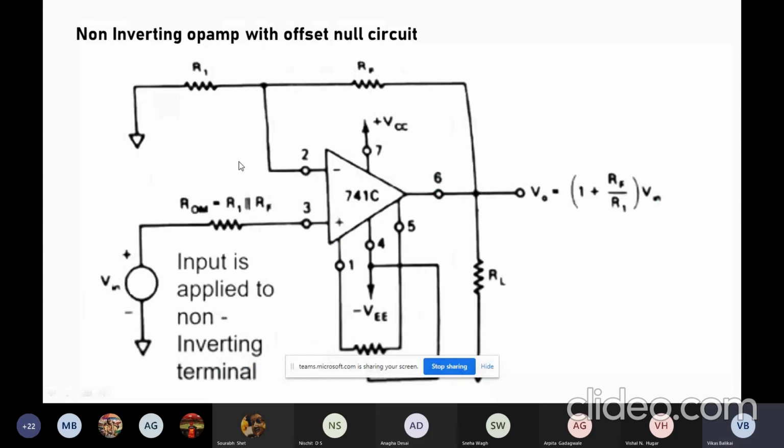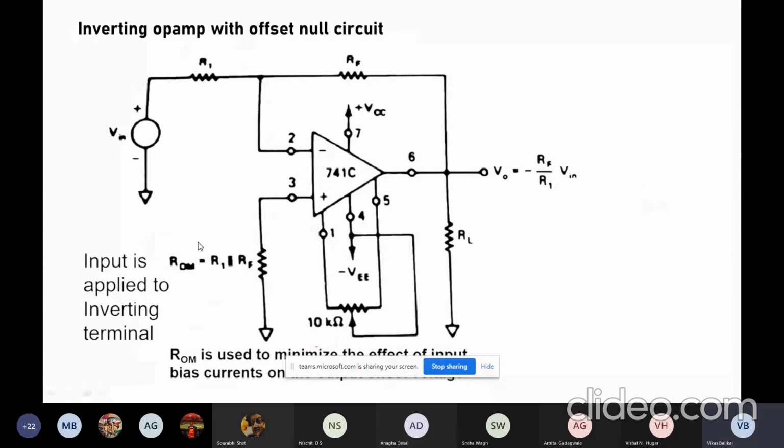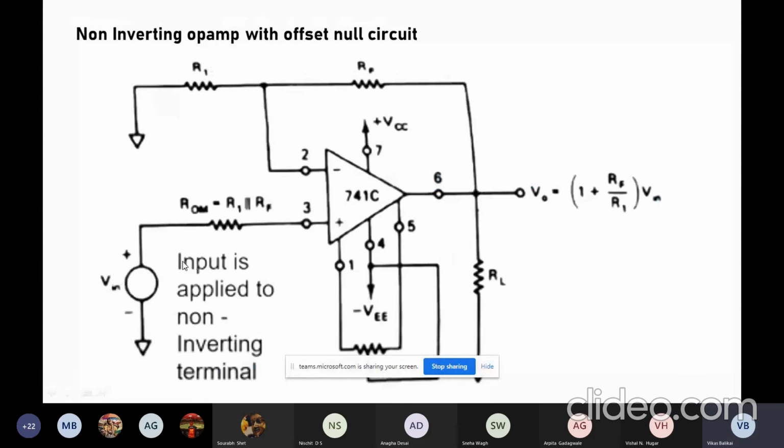And if I want to go ahead with the non-inverting configuration, everything will remain the same. The only difference here is, look here, in the inverting configuration I gave the input to the inverting terminal, and the nullifying or offset minimizing voltage I had given at terminal 3. In the non-inverting configuration also, I am going to give the input to the non-inverting terminal, but the position of the offset minimizing resistance doesn't change. It will always be at terminal 3, just after the input voltage. And again I'll be using the pot over here to adjust the resistance, which can ensure that the offset voltage arising because of unwanted signals can be minimized.